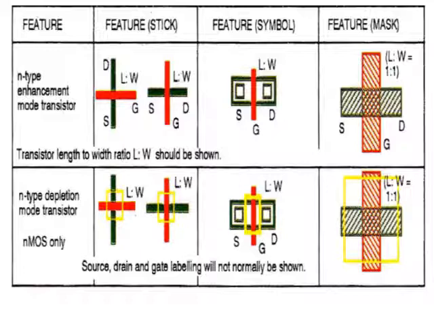So these are a few representations. Just now I had said that whenever a polysilicon is crossed by either N diffusion or P diffusion, at that time it forms a transistor. Here we are seeing an N type enhancement mode transistor. N type means the black color will be the N diffusion layer, and the red color is polysilicon. And L and W represent the length and width of the channel where the electrons or the majority carriers flow.